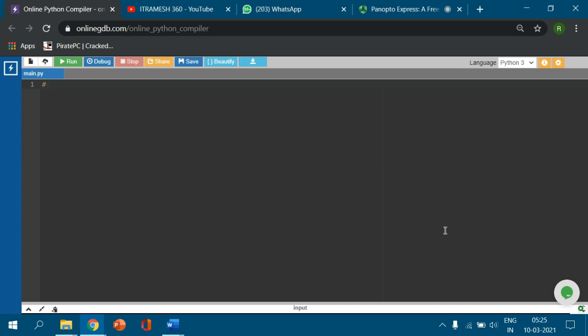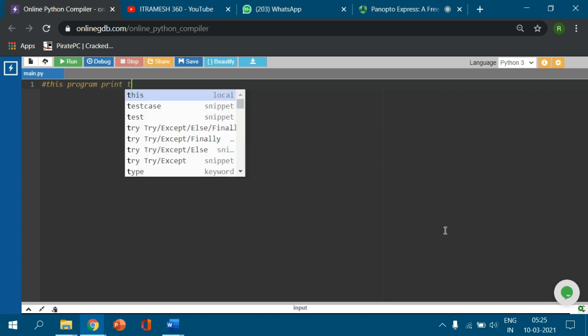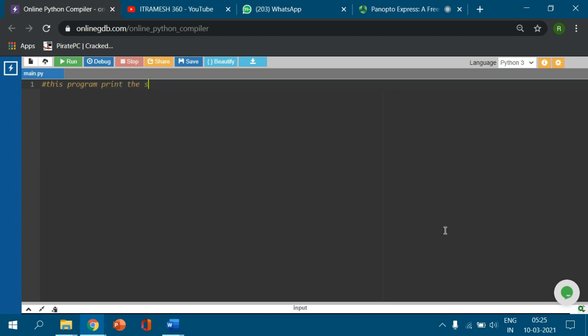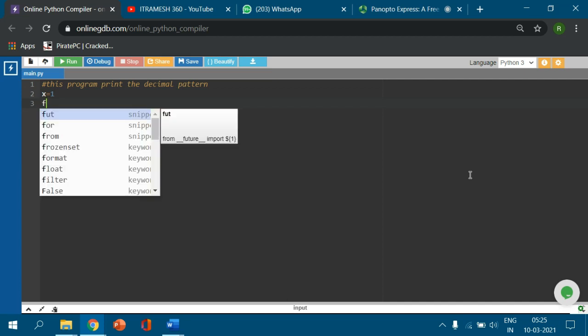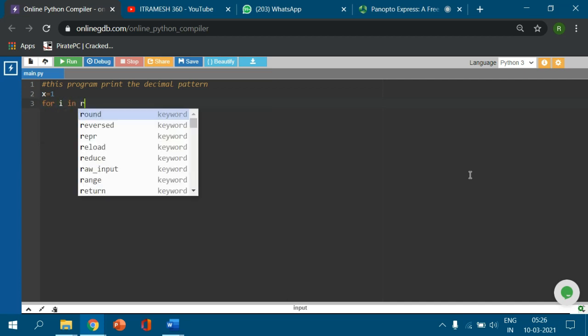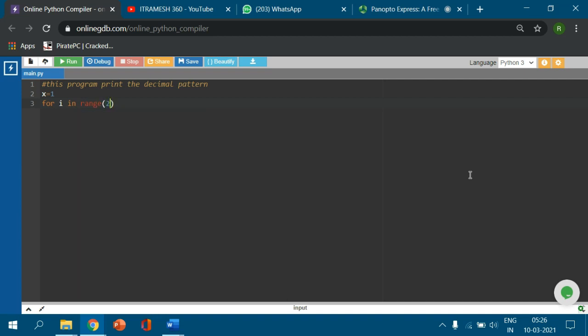Here I write this program: print the sequence, print the decimal pattern. I will consider x equal to 1, and I simply use the for loop, for i in range 2 comma 11.